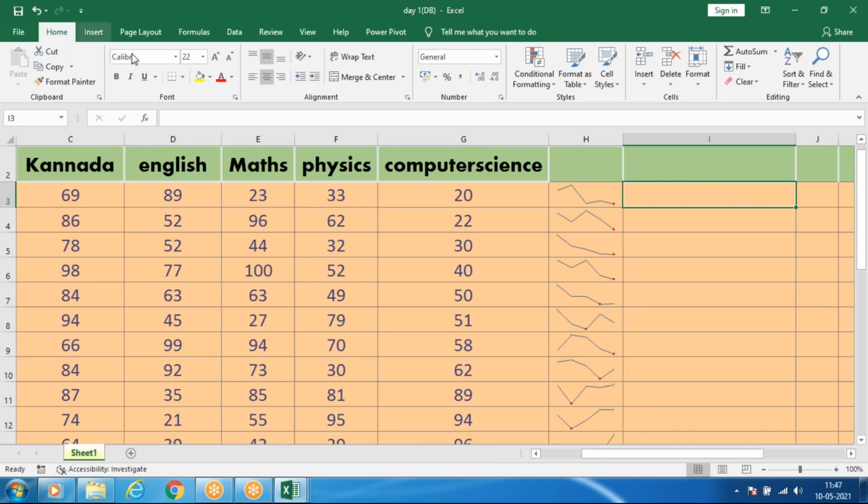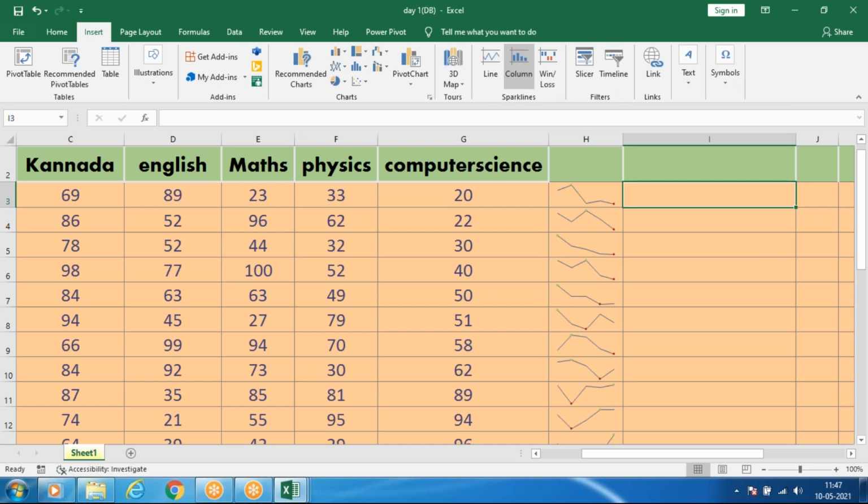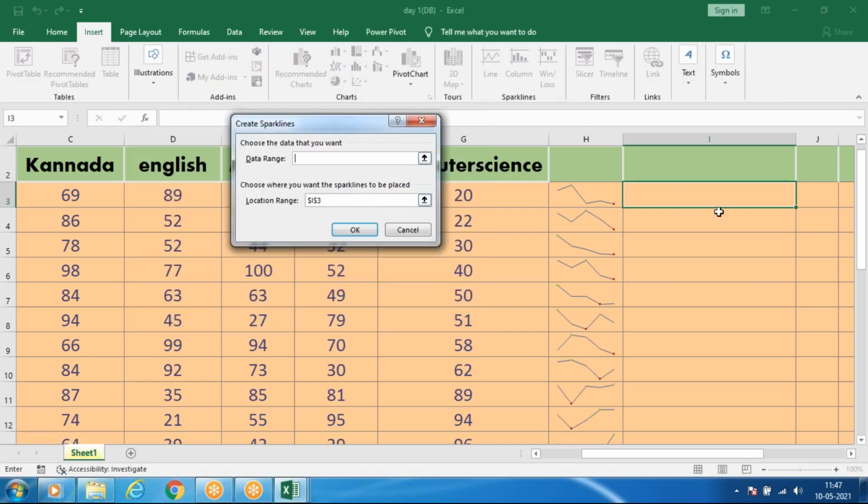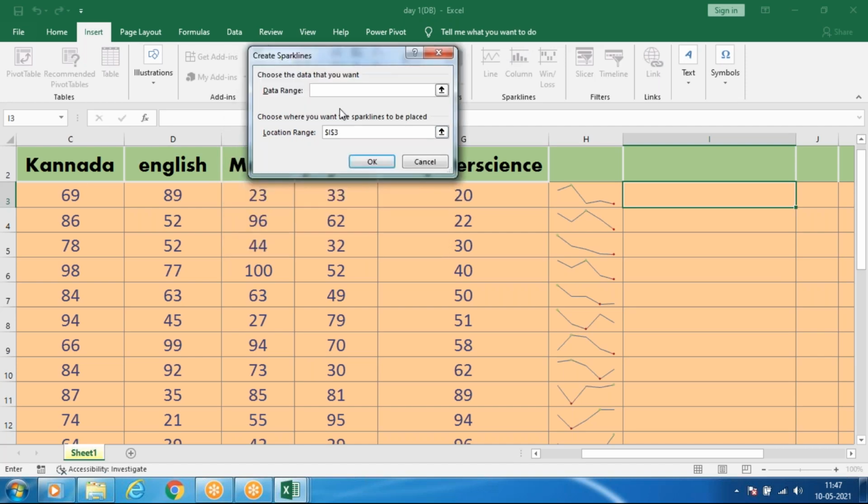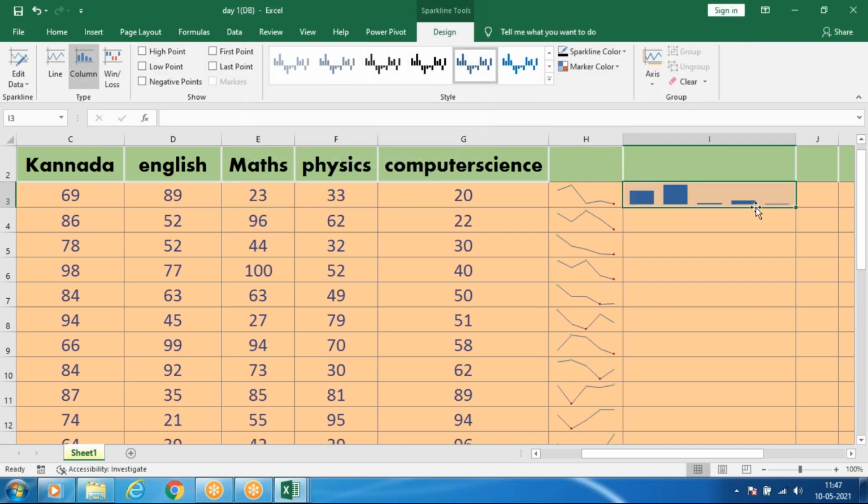So similar to charts, but each thing you can give cell-wise. So column-wise, just select the range and give OK. Again, for this some minus value has to be there, then only it will go down. There are no minus values.